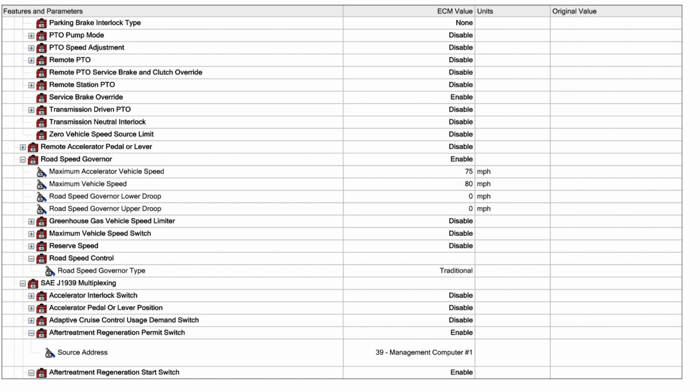The address tells the engine ECM where to look in the cab controller for the device, and it tells the cab controller where to put that information for the engine ECM to look to see what the state